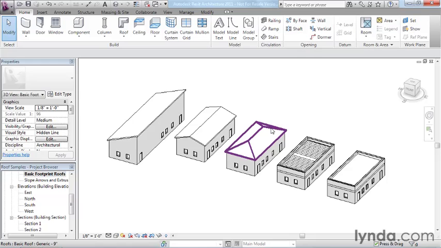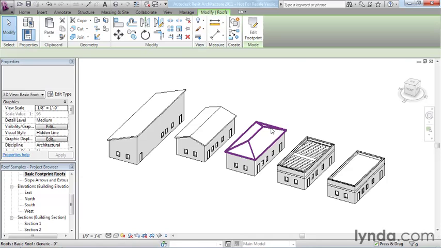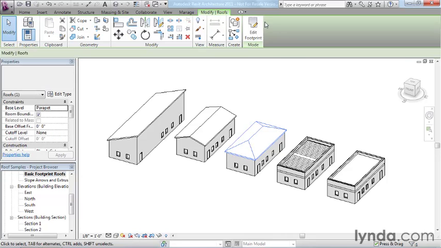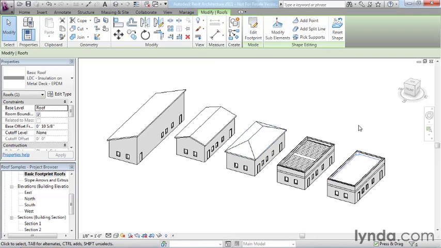So if you look at the roofs that actually have slope-defining edges, when you pre-highlight them, they don't show any of those little squares at the corners. And furthermore, if you select them, the only tool that you see here is Edit Footprint. Contrast that to this one. If you select it, in addition to Edit Footprint, you see this panel here where you have all these shape